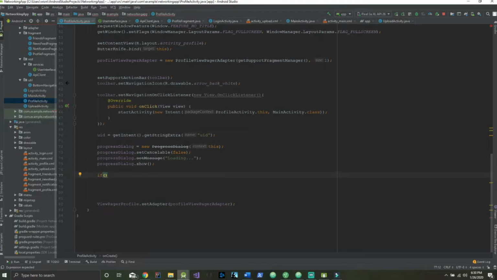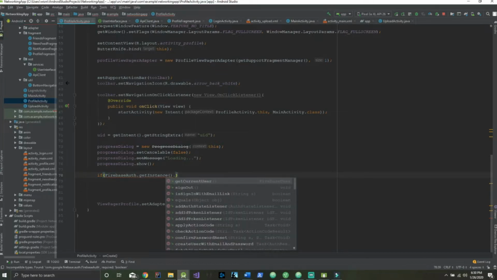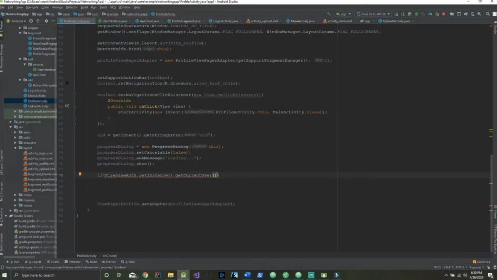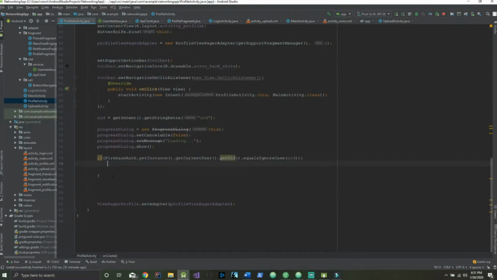So we're going to say if Firebase auth.getInstance, so we're basically just getting the instance of our authentication, and we're going to get the current user. Now we're also going to get their ID and say equals ignore case, and this is going to be passed the user ID. Okay, so if our current user is the one that's selecting the profile essentially, then we are going to say